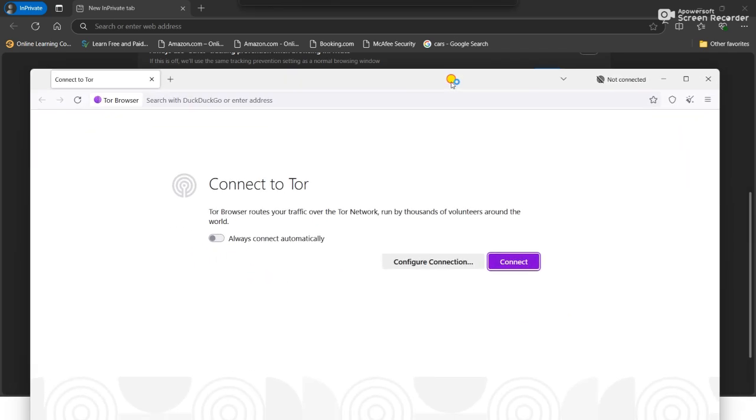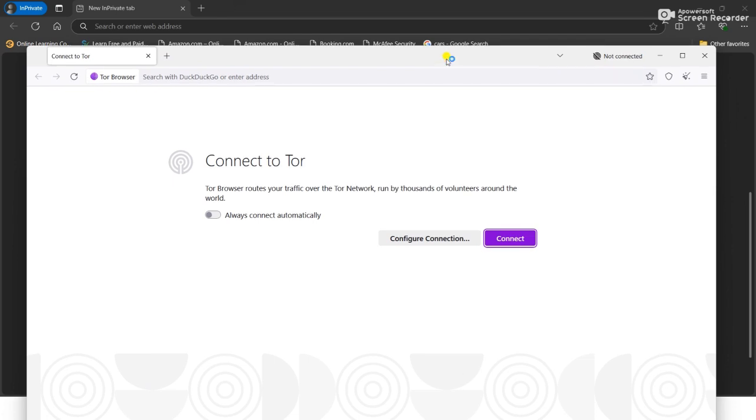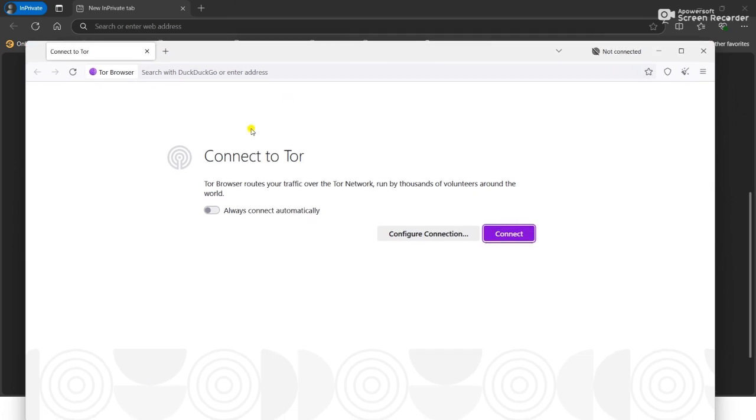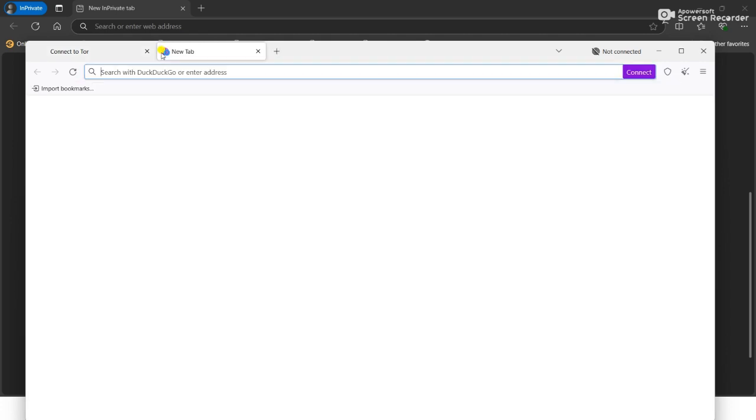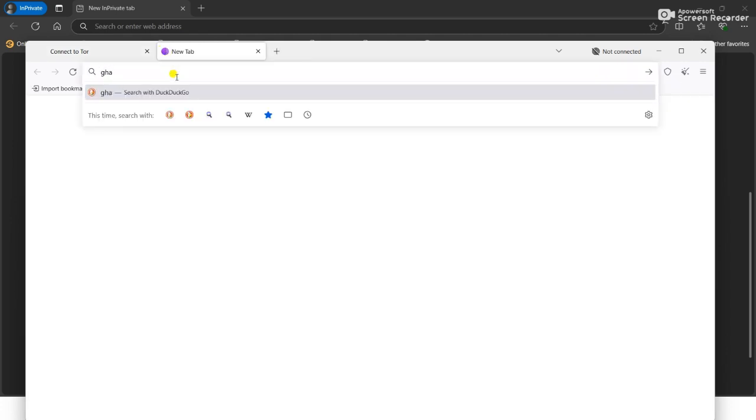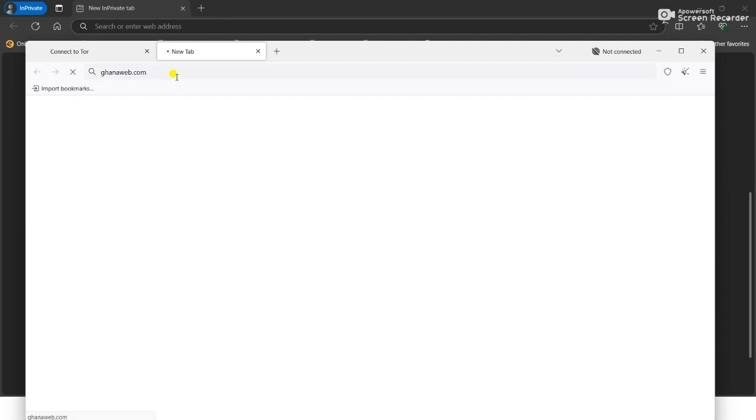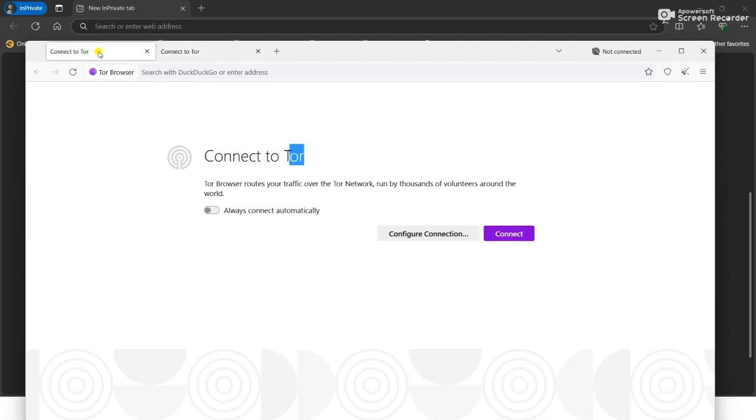So that's how sensitive information is on the internet. But if you want to prevent all that, you can go with Tor browser. Tor will not send anything to them at all and keeps you silent on the internet, because they are the ones promising you that. So Tor browser routes your traffic over the Tor network run by thousands of volunteers across the world. So you are guaranteed secure internet. So let's just go ahead and start our